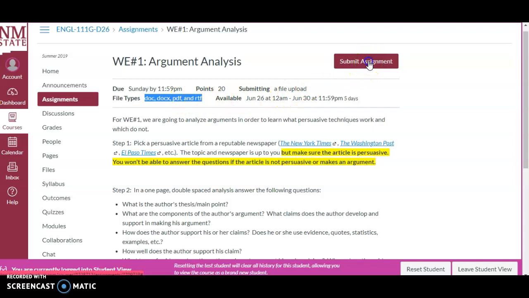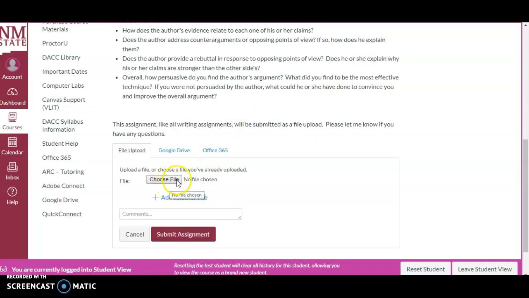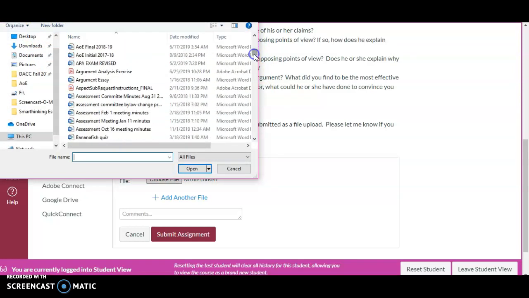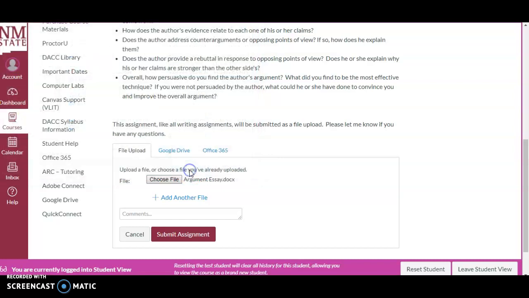You will go ahead and click on Submit Assignment, and then you have 3 options. You can either upload a file, which is typically what I recommend. You can also upload something from your Google Drive or from your Office 365, which every student has available because of their my.nmsu. So if you go to File Upload, which like I said is the simplest one, all you need to do is choose File, and then this will open up and you can go ahead and click on the file. So I am going to submit my argument essay, and then I'm going to click on open, and